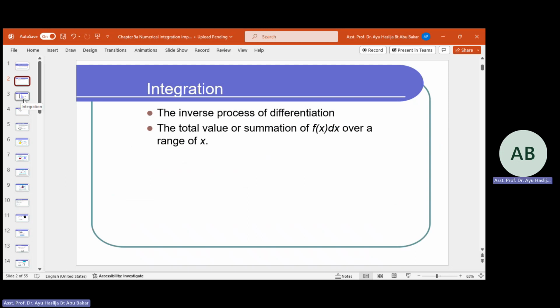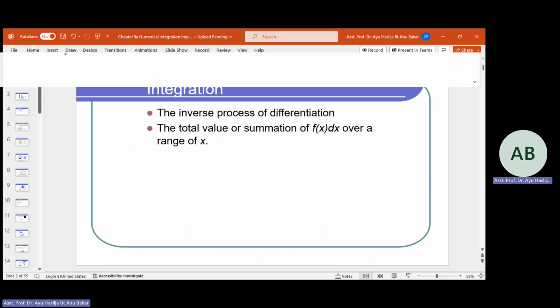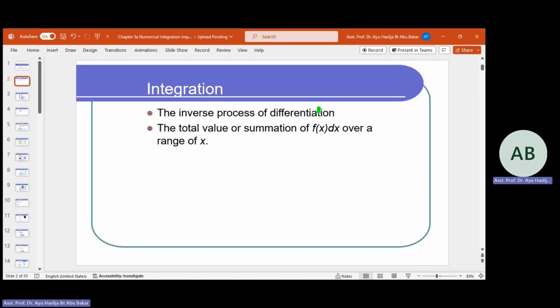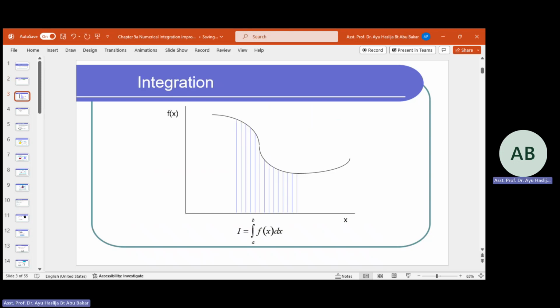Okay, as you all know, integration is the inverse of differentiation. After we have learned the integration, then only we will go for differentiation. Differentiation in numerical is much more easier. Okay, for integration, usually you will need to